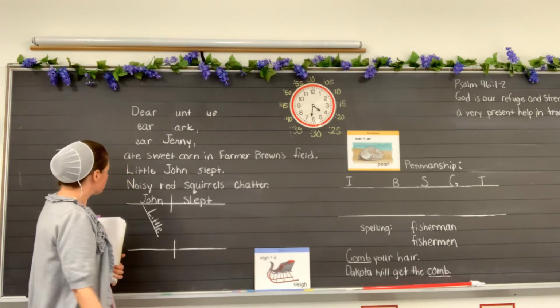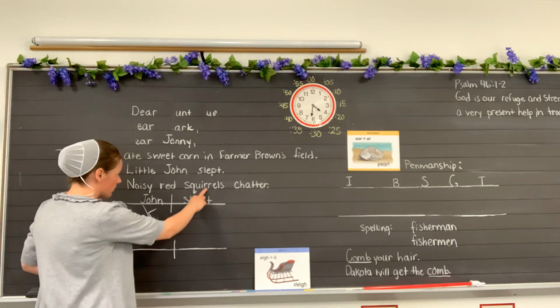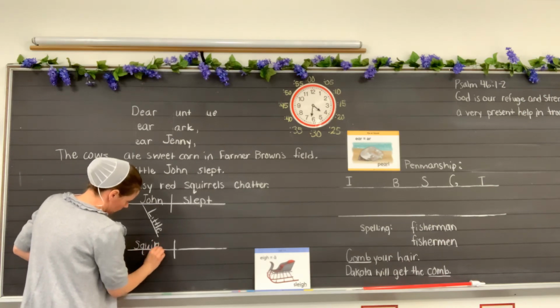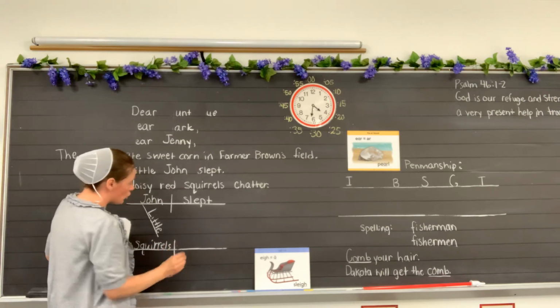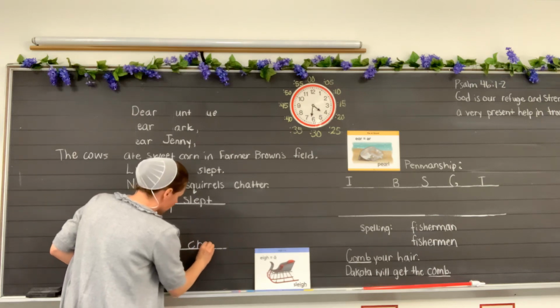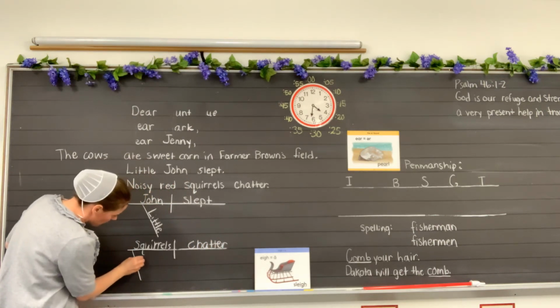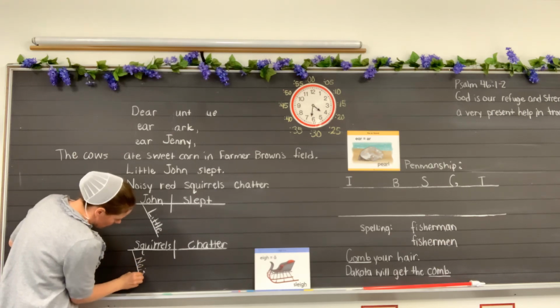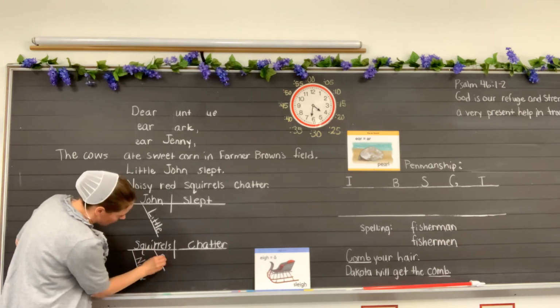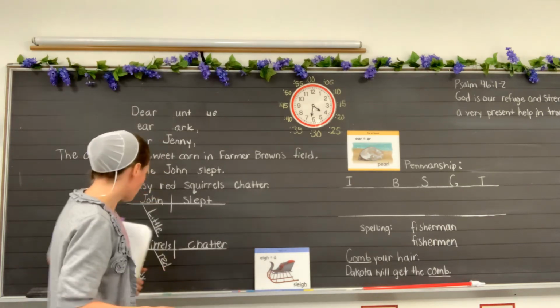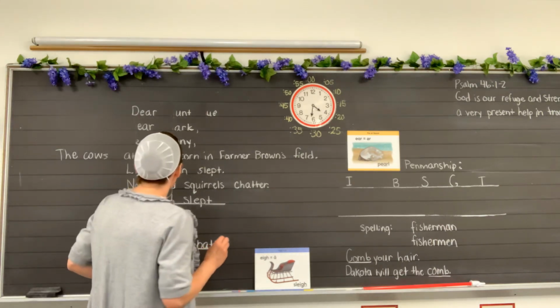And squirrels is the noun. It names something. And chatter is the verb. So then we put noisy and red underneath squirrels because that describes squirrels. Okay, and then we have